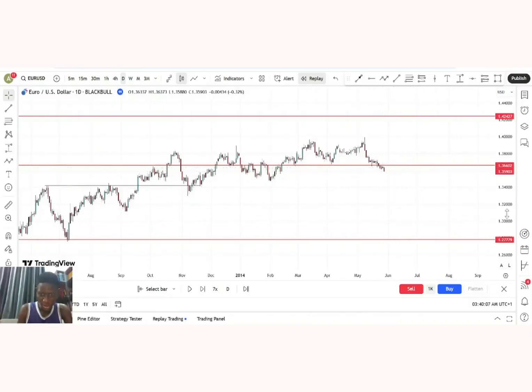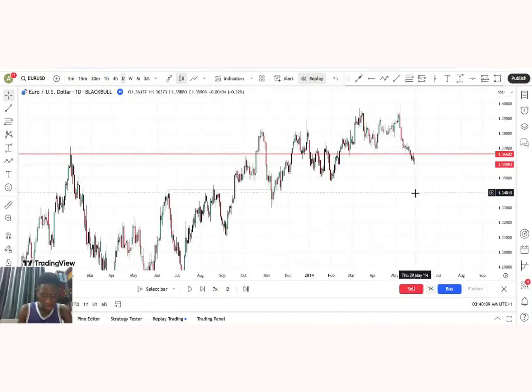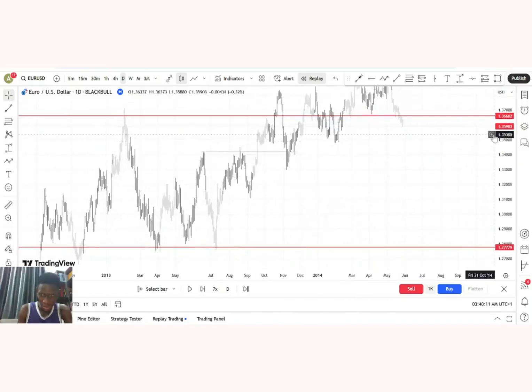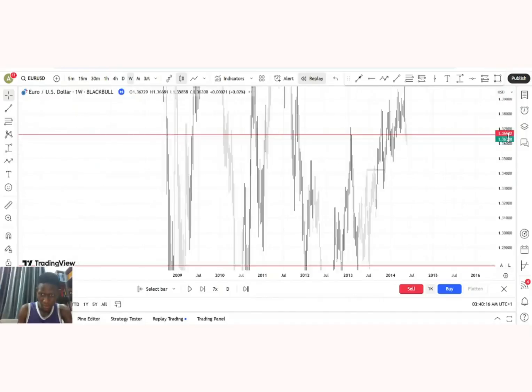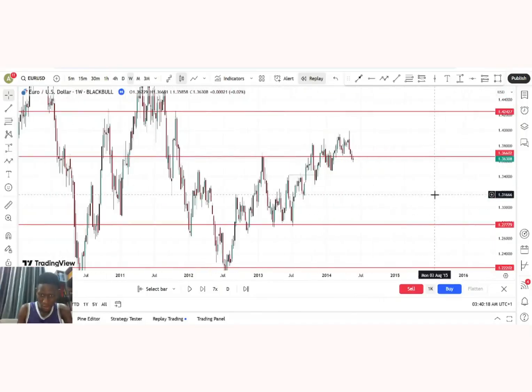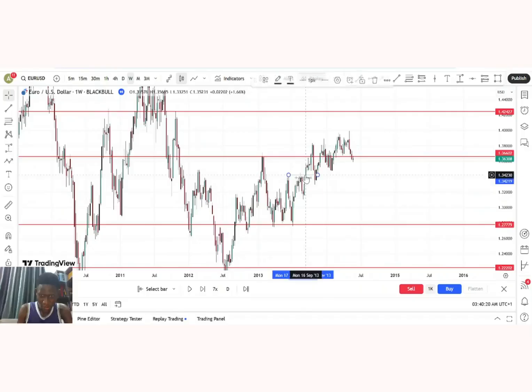So now what is the next level of interest? What is the next level? What do you think is the next level that will hold price? So let's look at the 1 week. So looking at this 1 week, you can see this level. Okay, if I stretch this like this,